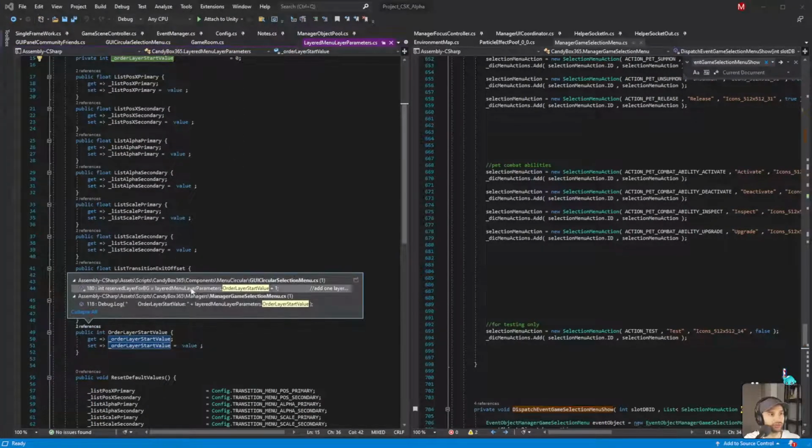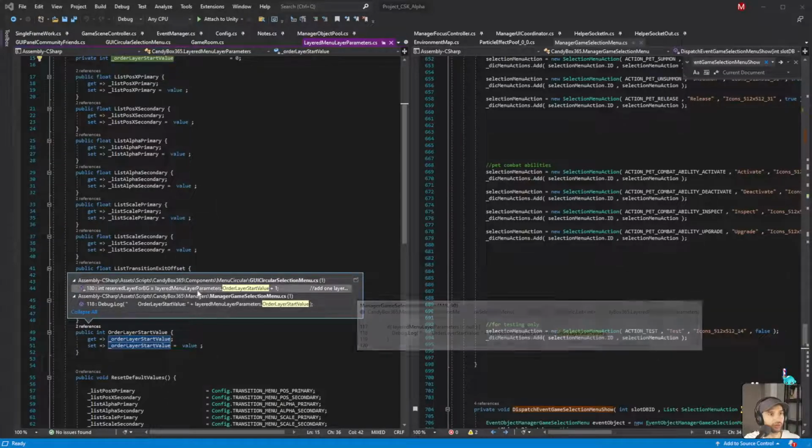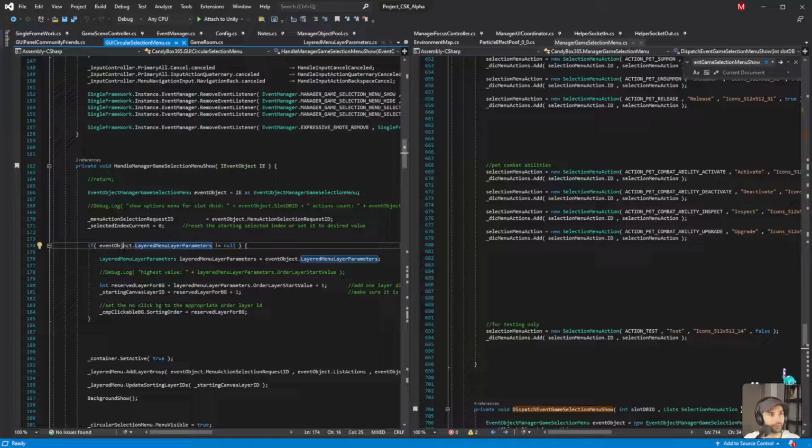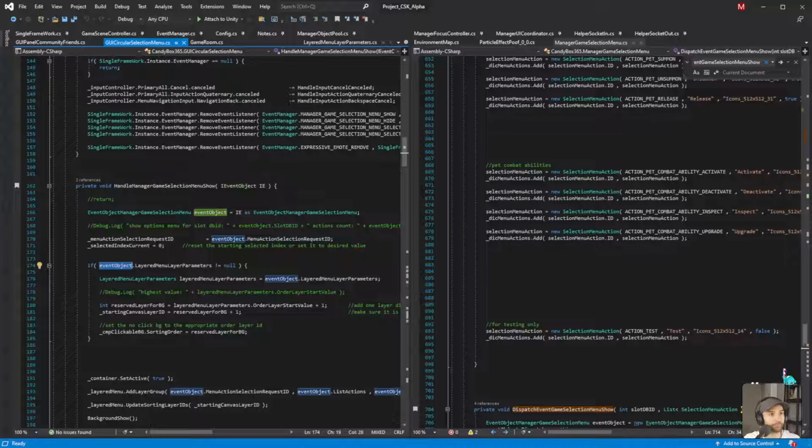But I want to see what, okay, so there's two references here. One is this, which just gets the value and then goes +1 if it does not equal null. What about when it is equal to null? That means that the condition at this point was not null. Interesting. Event object, this was not null. Okay, I think I'm confusing myself even more, but that's okay.